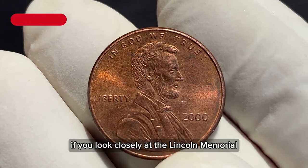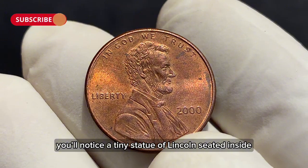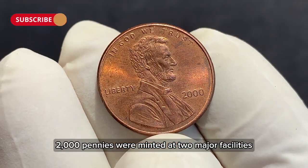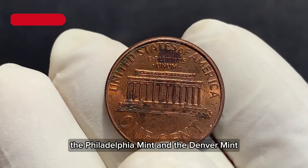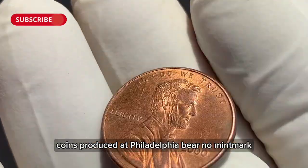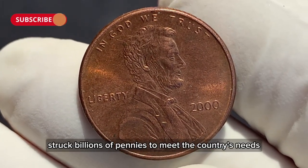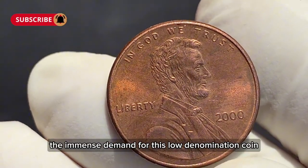If you look closely at the Lincoln Memorial on the back of the coin, you'll notice a tiny statue of Lincoln seated inside, an impressive feat of engraving that demonstrates the craftsmanship of the U.S. Mint. In 2000, pennies were minted at two major facilities, the Philadelphia Mint and the Denver Mint. Coins produced at Philadelphia bear no mint mark, while those from Denver display a small D beneath the date. These two facilities collectively struck billions of pennies to meet the country's needs, reflecting the immense demand for this low-denomination